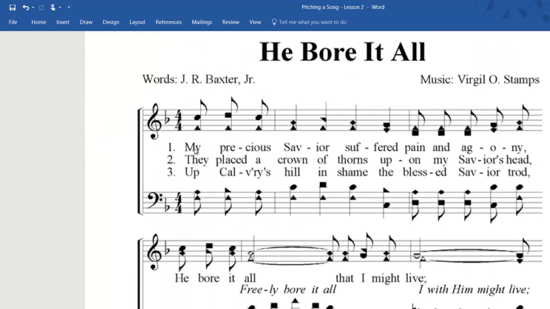Alright, this one, here's the do. This one is on the first space. Remember the faces spell the word face, F-A-C-E from the bottom. So that note is F. Notice the key signature has one flat. The rule is more than one flat is flat, everything else is natural. This is not more than one flat, so this is just the key of F. There's my do. Alright, so if I blow the F,